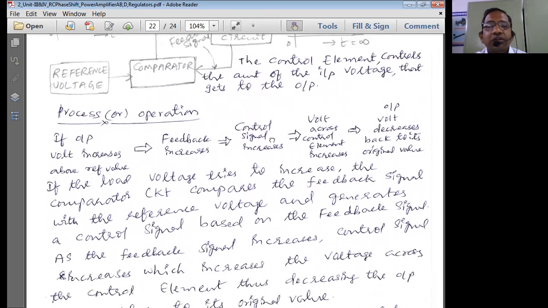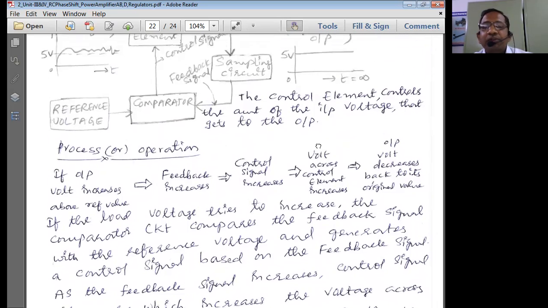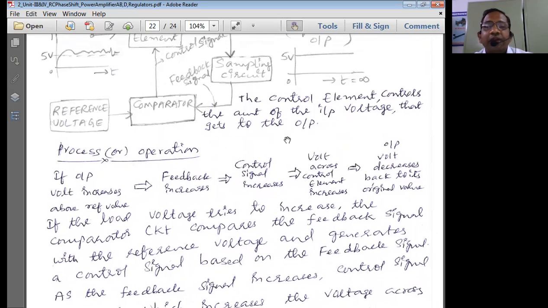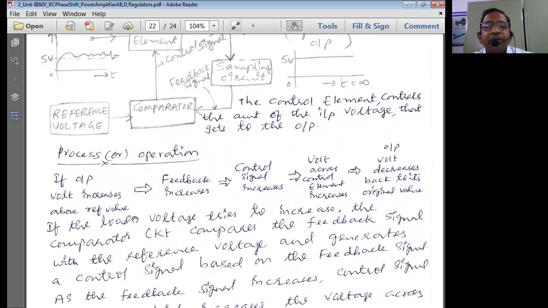This is the reason why students lose marks in the end examinations. Even though they know the concept, they fail to represent what they know in an effective manner in the examination paper. That's why there is a possibility of reduced marks. Anyway, please draw this particular block diagram first, then draw the flow.